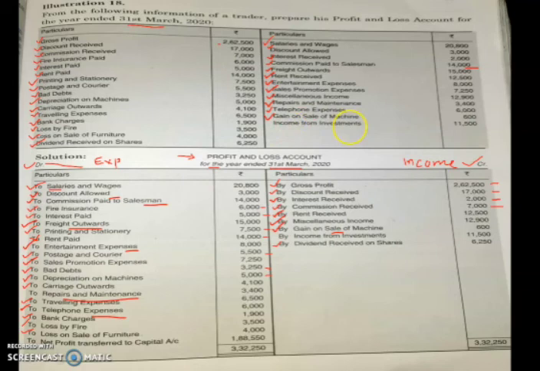Next we have income from investment. So we have invested our surplus money, and from that we got some income that will be recorded on the credit side of profit and loss account as income from investment. So you can see all the items related to the information provided in the question are recorded in the profit and loss account. Next step is making a total. So here you have to make a total of the credit side as well as of the debit side separately, and whichever side is more, on that side you will write the total.